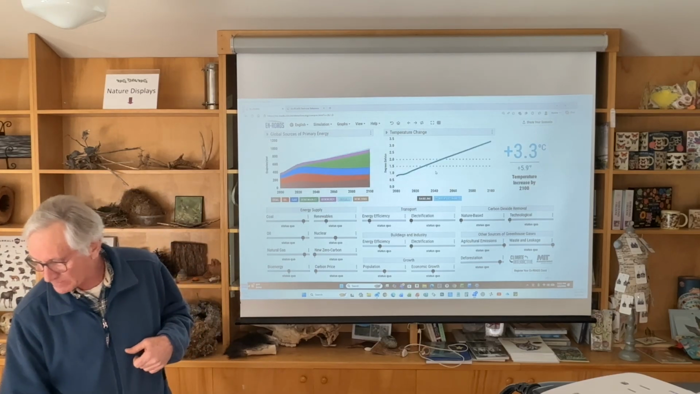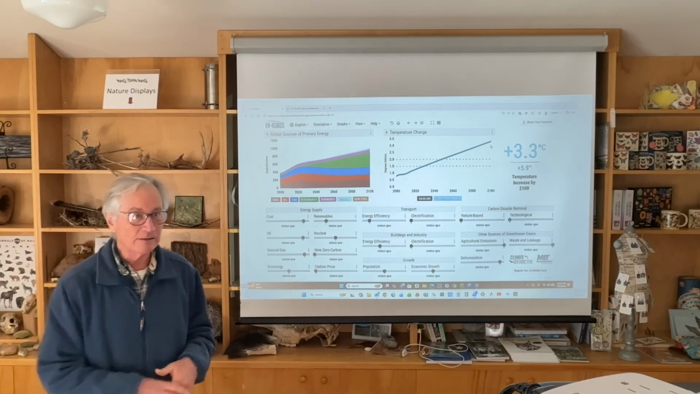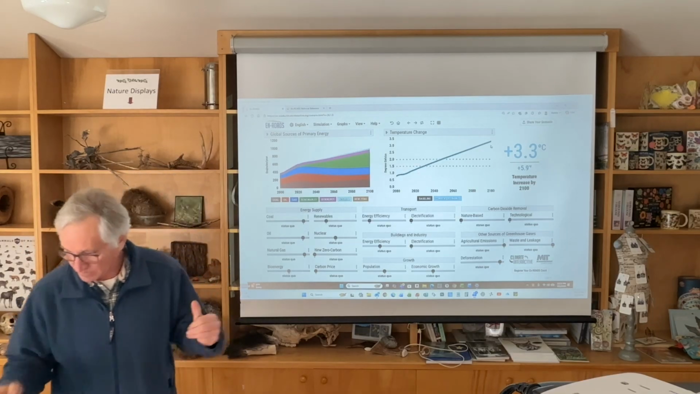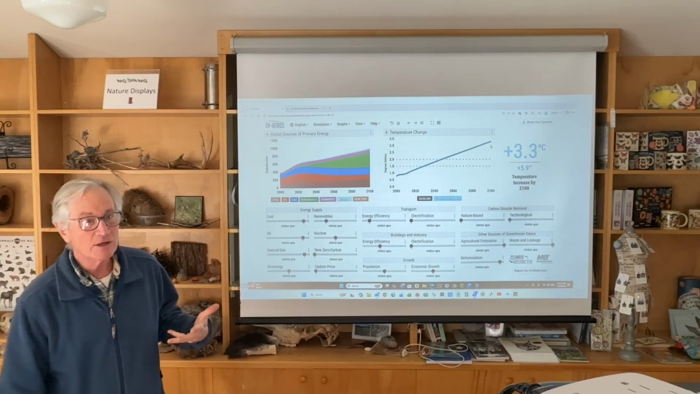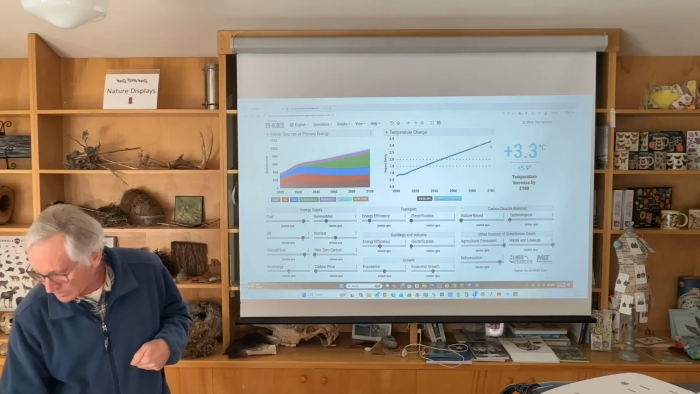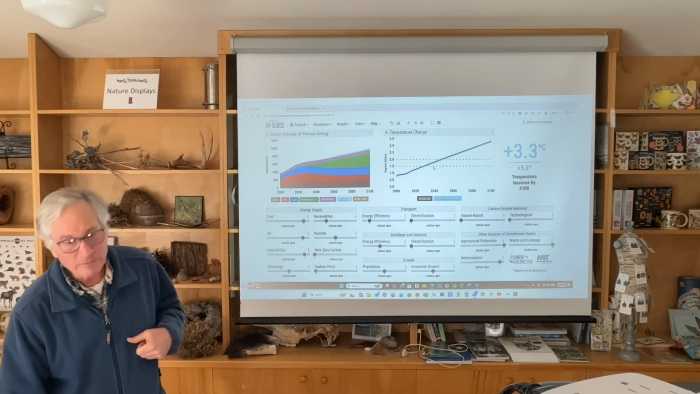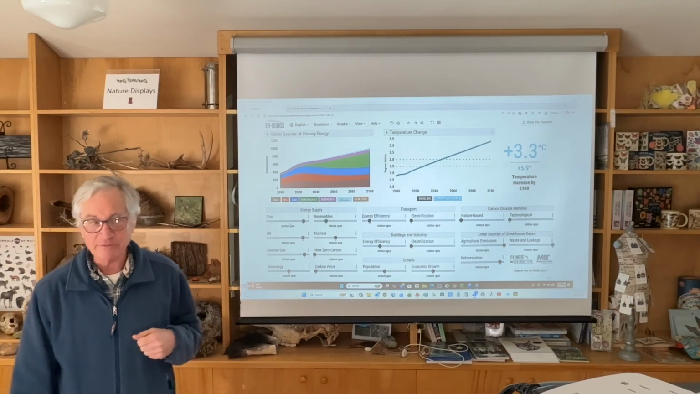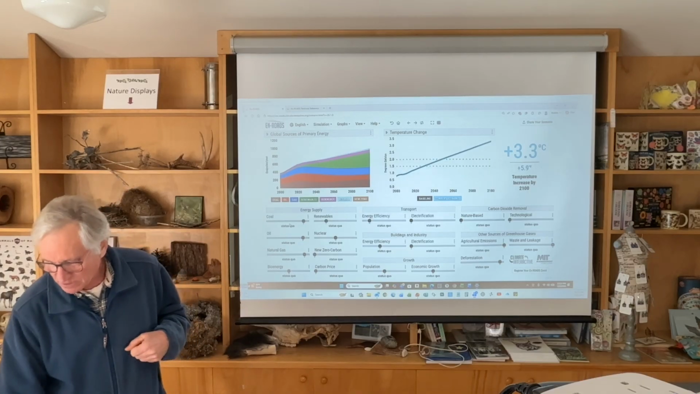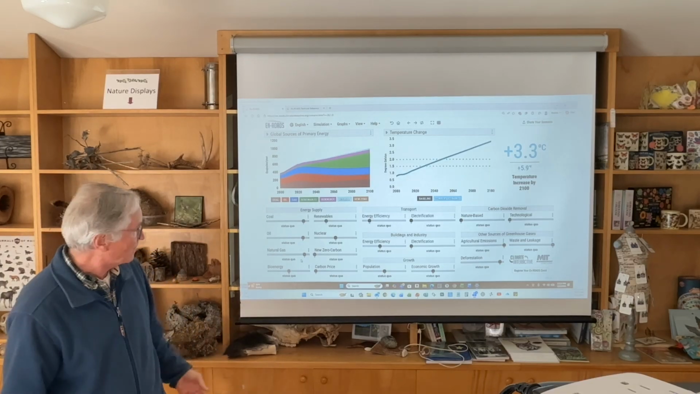And you can see here that it's a fairly steadily increasing line. And so that's an issue. We want to try to bend the curve on that. Okay, how are we going to do that? Well, below the two graphs here, we have a bunch of sliders. This left-hand group of sliders over here